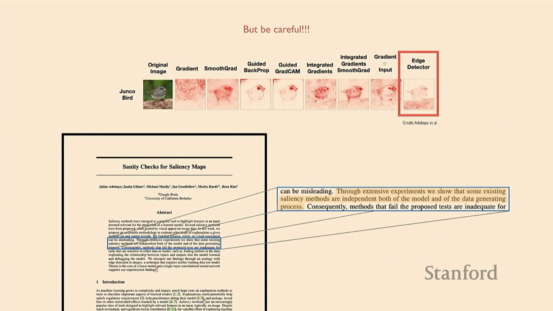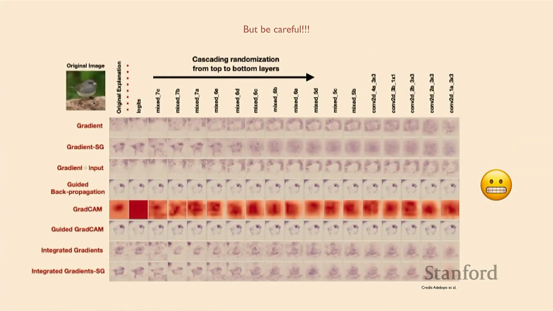So that's one thing to be cautious about, and just to build on that, this is very concerning. This is the row that we were just seeing with all of the different methods, with the original explanation. What they did in this paper was take each row and go layer by layer in the network, replacing the weights of each layer with random weights. Here they just replaced the end layer with random weights, just the logits. As you move to the right in this plot, once you get all the way here, you have a completely random network, so it's not the same model at all that you were trying to explain before. And they just look the same as you go all the way across.